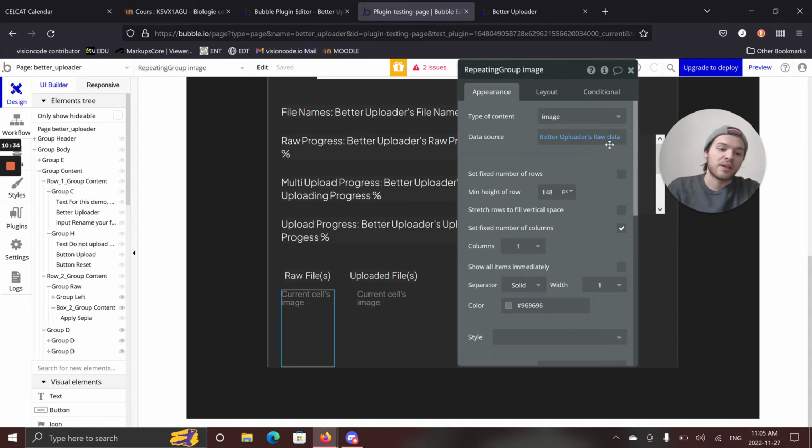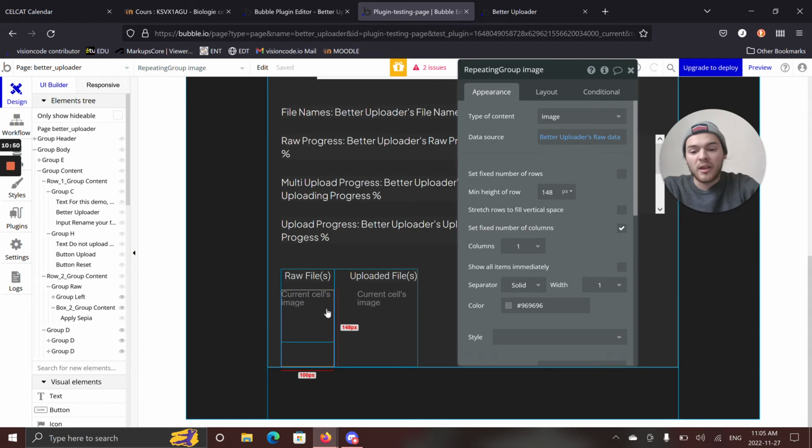Okay, so it's kind of like a list of URLs, but they're raw URLs. Basically, they're what's called a data URI or data URL. And it is a representation of the file that's currently saved on that user's computer. So if you look at the current cell's image inside of this repeating group,